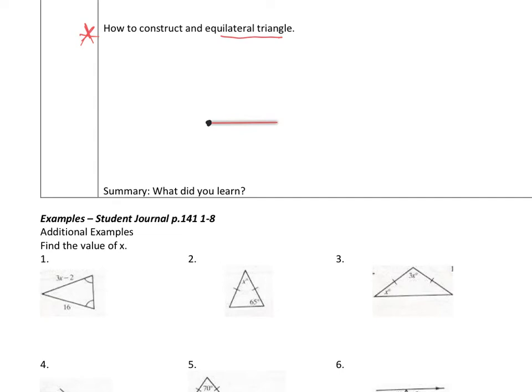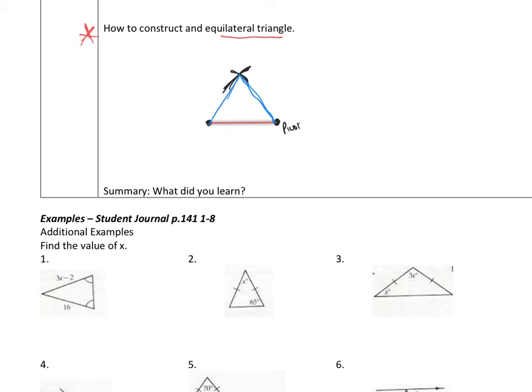So I'll have an arc that goes this way. Then you just flip it to the other side. Put your pivot point here now, and then you'll do it like this on this side, make your arc, and then you just simply connect with a straight edge, and you'll end up with an equilateral triangle. But check out that video. It walks you through it. Okay, over here,